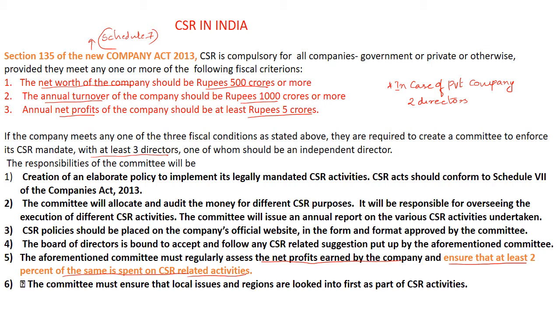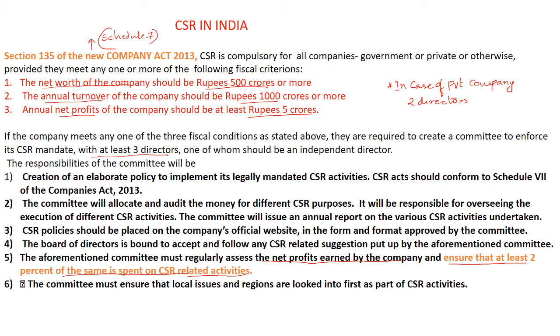activity, and it should conform to Schedule 7 of the Company Act of 2013. The company has to allocate and audit the money for different CSR purposes. The committee will issue an annual report. The committee has to make sure that they issue an annual report on the various CSR initiatives they have undertaken, and then it should be placed on the company's official website and should be approved by the committee, and